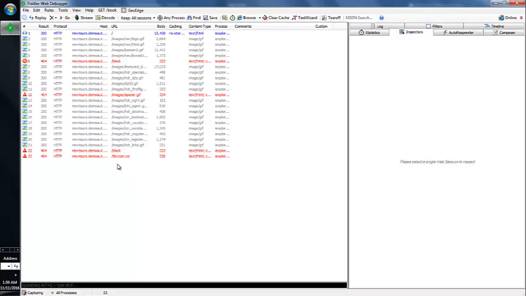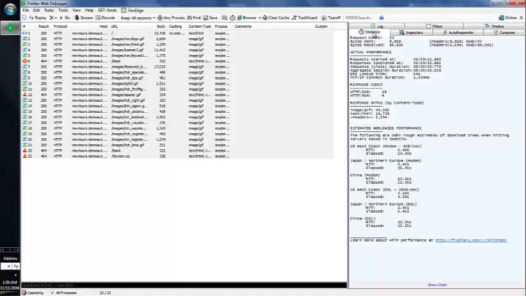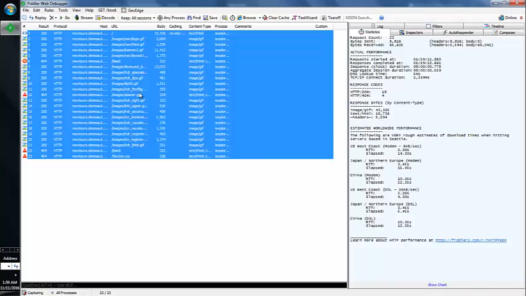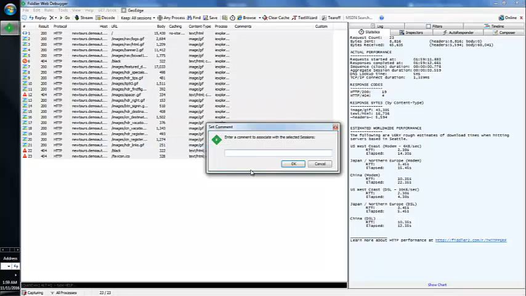See, this request I have got from which request? I got this one from opening application. Now if you take a look here, these are all the requests that I achieved from opening application. I selected all these requests, and then I'm going to right click, and can you see comment? I'm going to click on comment, and I'm going to give a name. So this one again, if you take a look here,